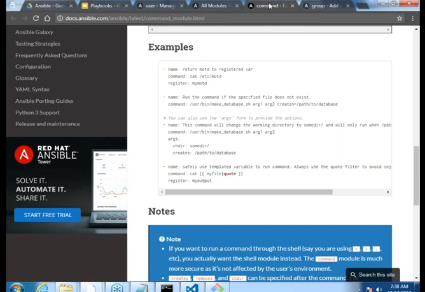Are they idempotent? No. Because the command which you execute, it becomes your responsibility to make it idempotent or not. For example, you create a file from here, and you have written a code called touch here, touch some file name. And next time also it will try to execute that. It would not verify whether the file is present, then only I have to touch it. That becomes your responsibility. So whenever we are working on the command module, remember idempotency is not guaranteed. So avoid command as much as possible.